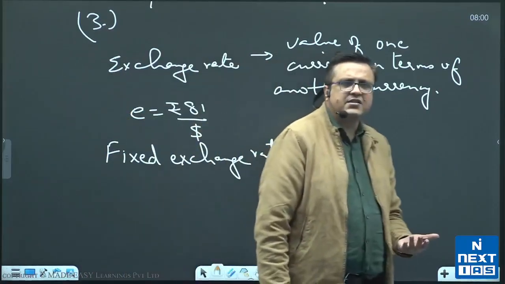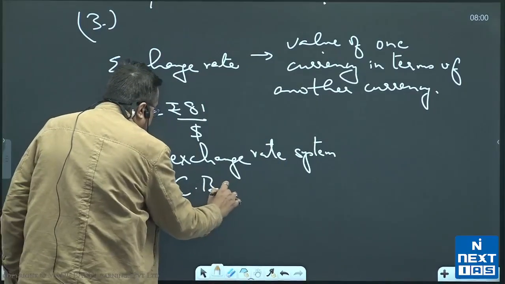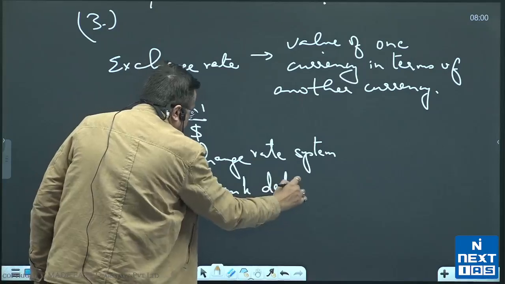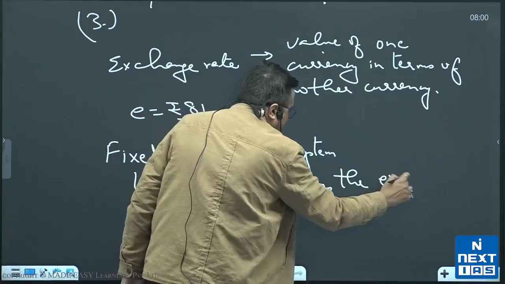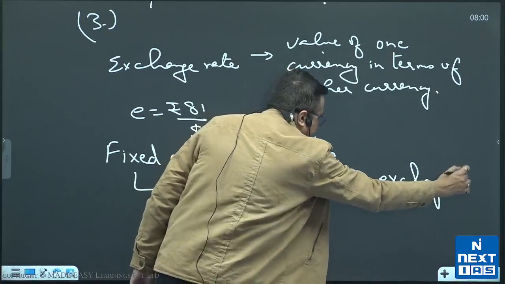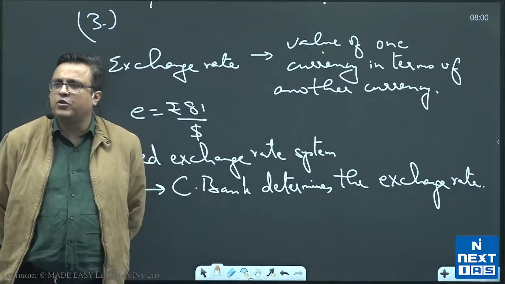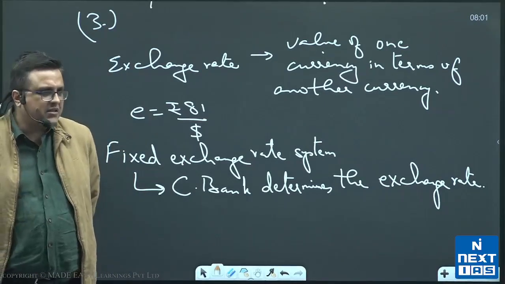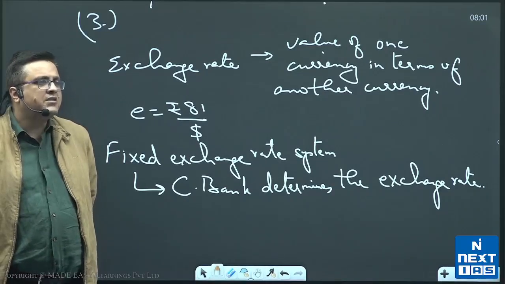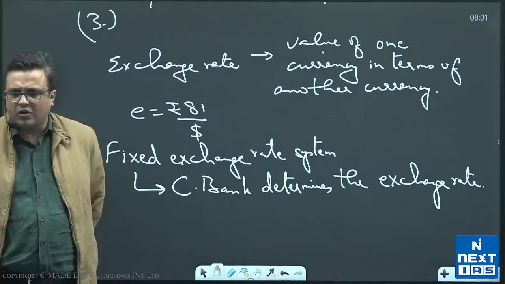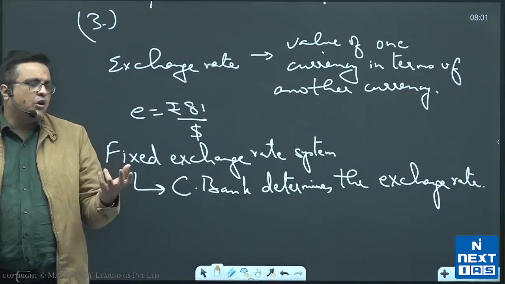That this fixed exchange rate system would operate. Now in this fixed exchange rate system, the central bank determines the exchange rate. That is in a fixed exchange rate system. The exchange rate won't be determined by the market. The exchange rate will be determined by the central bank. The central bank decides whether the currency should have 60 rupees value, 40 rupees, 30 rupees, and so on. Effectively, then the government is calling the shots there. The government will decide how much the exchange rate should be.